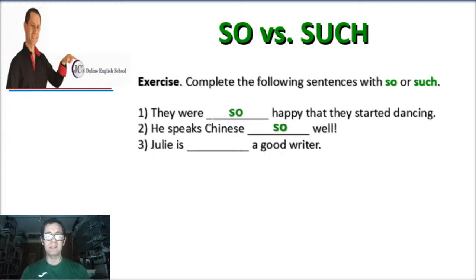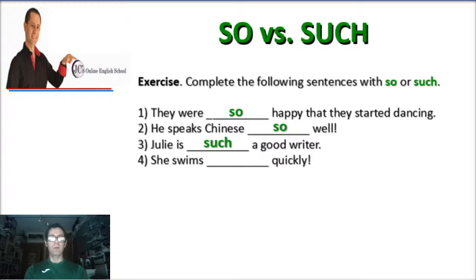Number three, Julie is a good writer. Rosa is thinking about number three. So what do we have for number three? Anybody? Okay, for number three, we have a or an, in this case a, plus the adjective plus the noun. So Rosa is correct. Such a good writer. Very good, Rosa. Thank you. Julie is such a good writer. Gustavo, hi there. Excellent, you got it.